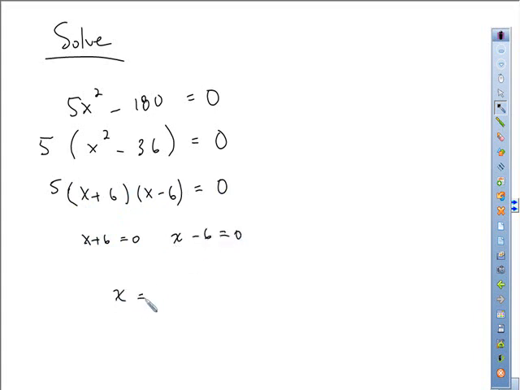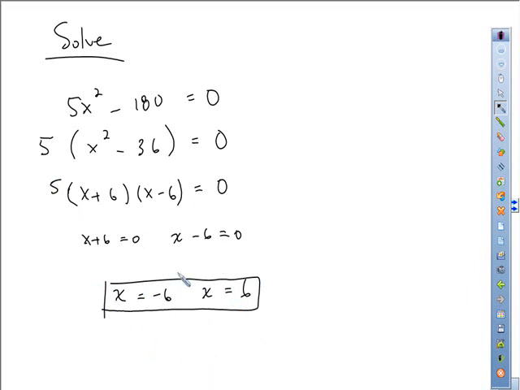So then we know x is going to equal negative 6, and x is going to equal 6. Now since this was only a 5, we can ignore this because there was no x out here. So we know this would be our solution. Now another way